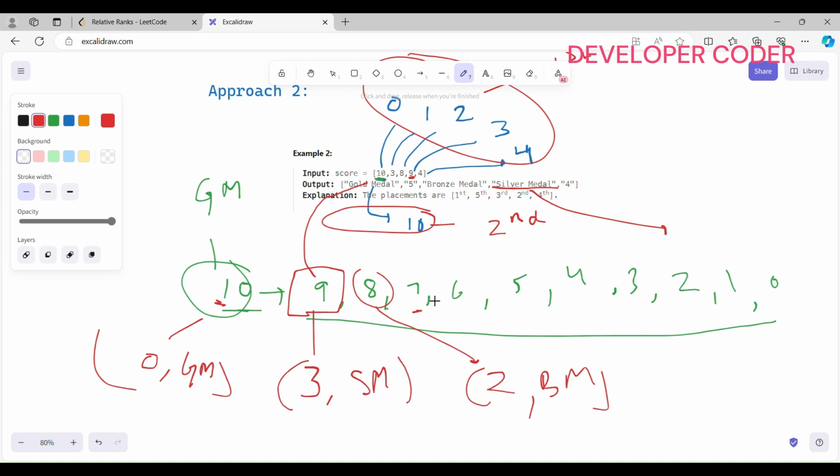Then I'm going to check for 7. 7 is not there. Okay, let's move forward. Is 6 there? 6 is not there. Is 5 there? 5 is not there. Is 4 there? Yes, 4 is there. And 4 is at which position? 4 is at 4th index. Right. So in the 4th index